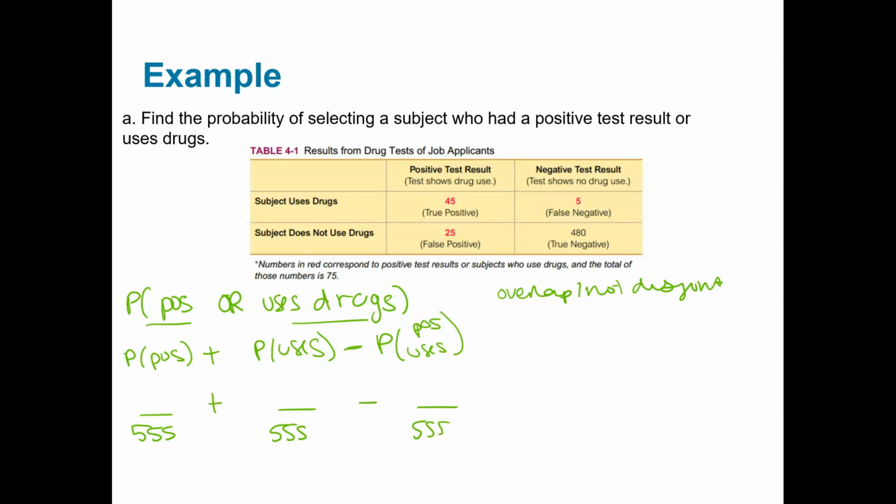So how many positive people do we have? We've got to add those two numbers up and we get 70. How many people use, that's in this direction, that's 50. And how many people are positive and use, that's 45. And so when we calculate this number, we get 75 over 555, we get 0.1, and I cannot read my handwriting if that says 0.13 or 0.135 or 0.125, but I think it says 35. All right, so